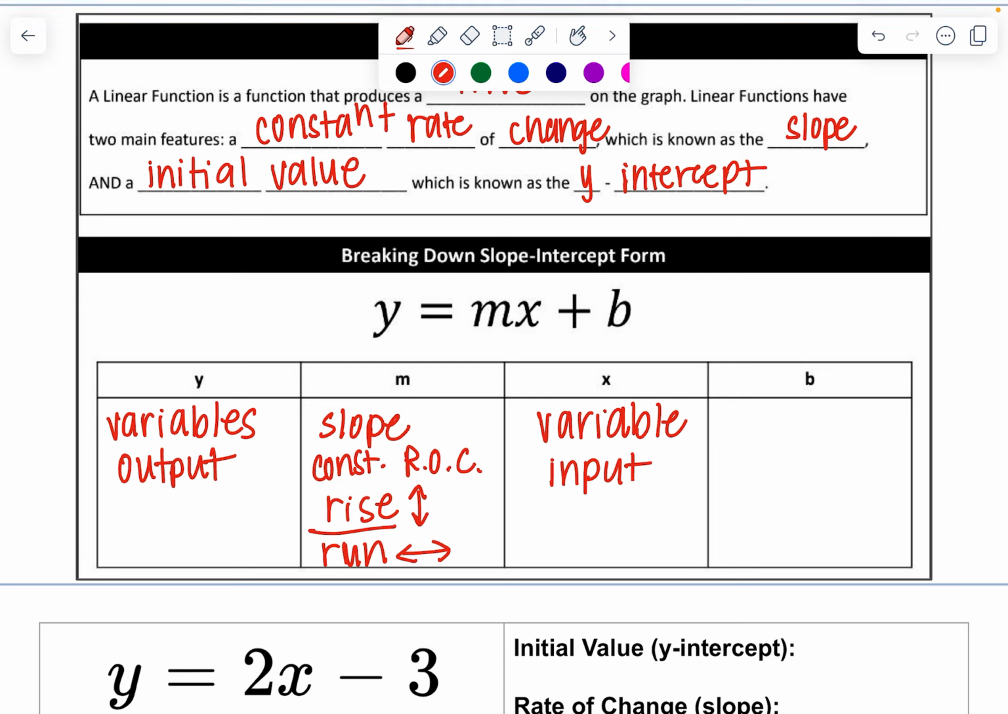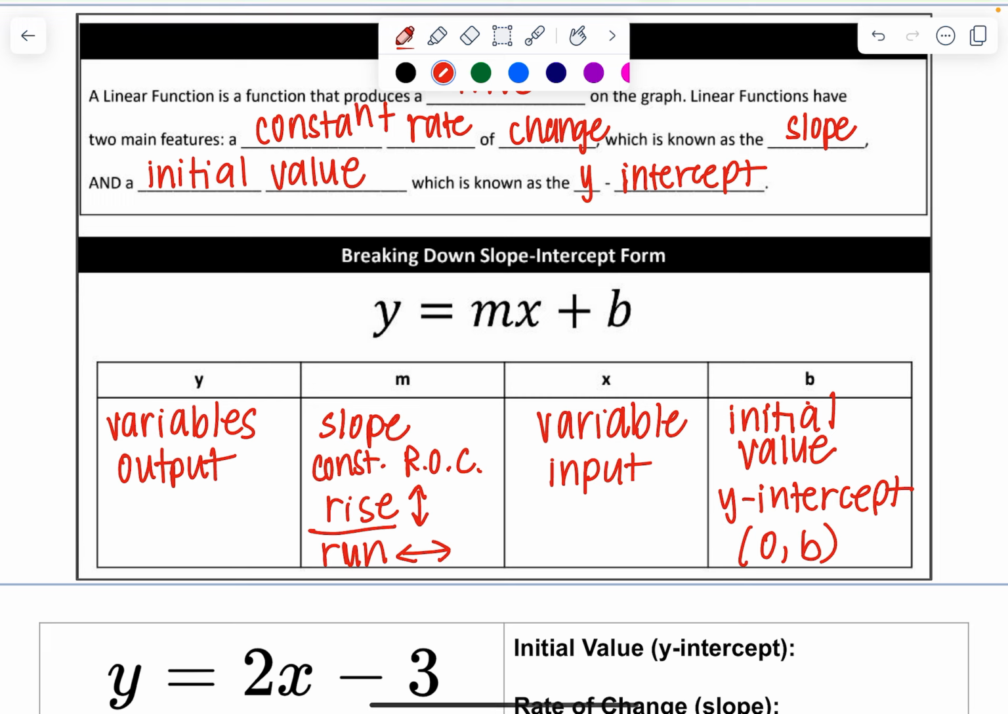And lastly, we have b. Okay, b is our initial value. Or the mathematical term is our y-intercept. And b is a number, b could be positive, b could be negative, depending on the initial amount of money or whatever the context has to be in our problem, right? It could be money, it could be temperature, it could be so many different things. It could be number of cupcakes, right? But that's our initial value, our y-intercept. And we like to write our y-intercept as (0, b). I know it doesn't really ask for that right now, but that's a fact that we're going to stick with